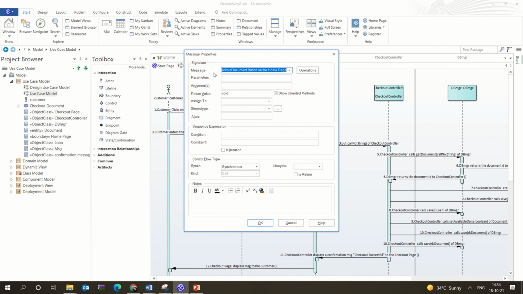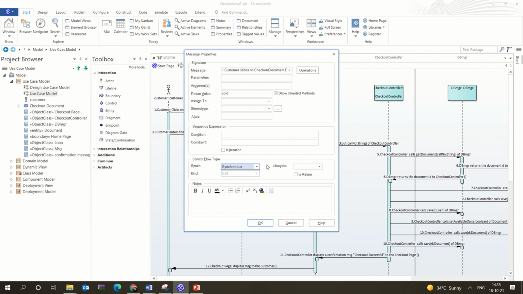So when you click on the message, if you want to change a little bit here and there, if you feel like the generated diagram is not up to the mark, you need some changes to be done onto the diagram, then what you could do is you can click on the arrow, you can change the messages if you want. And there are basically two different types of messages in a sequence diagram.